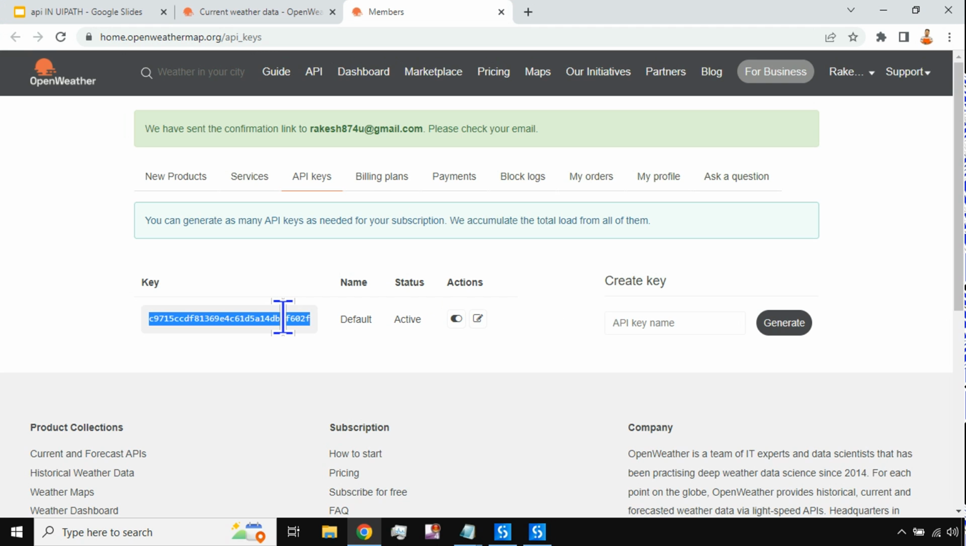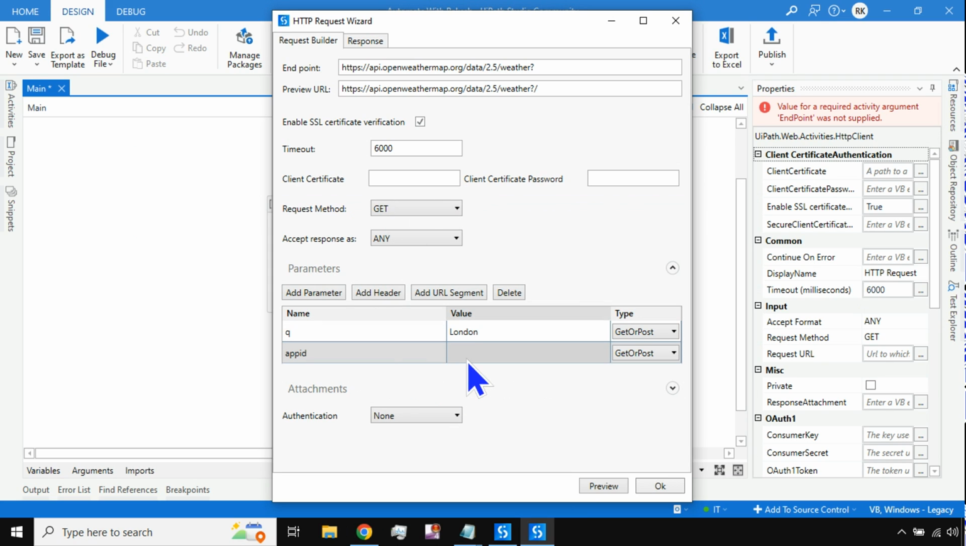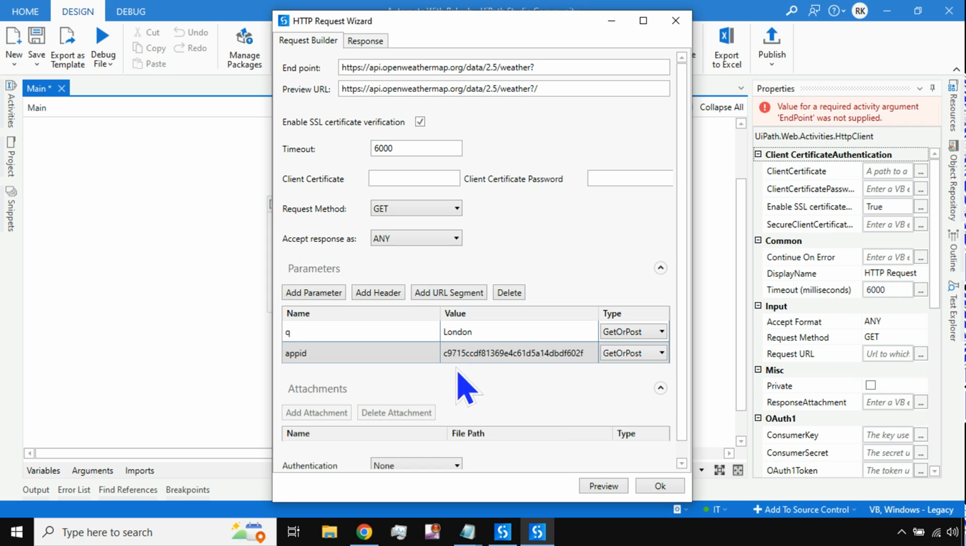Every person will have their own specific keys. So you can copy that, go back to UiPath Studio, and here in the API ID, just paste it. Do not put any double quote, single quote, nothing. Okay, that's it. Done. So what I have provided are the required parameters: